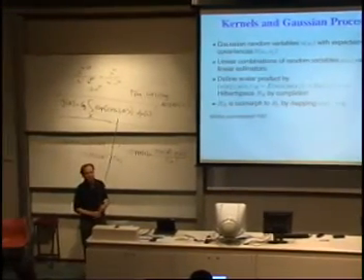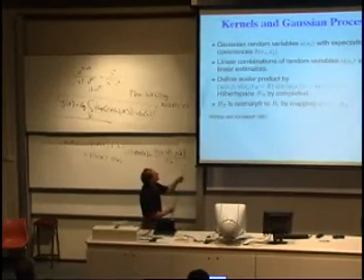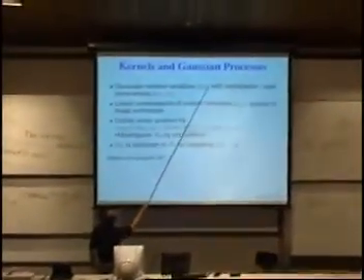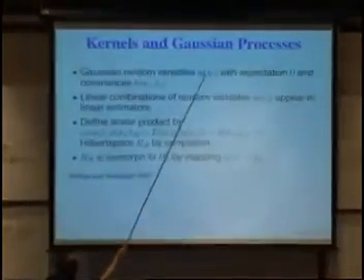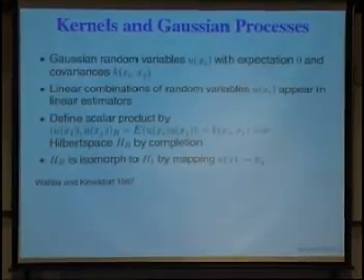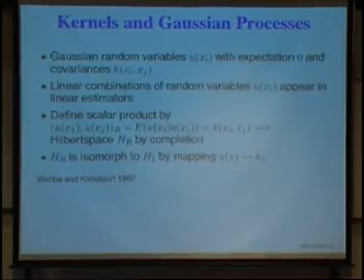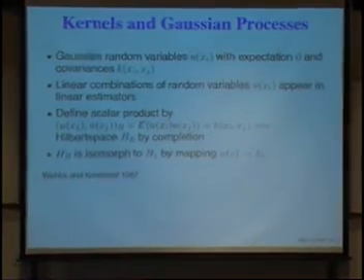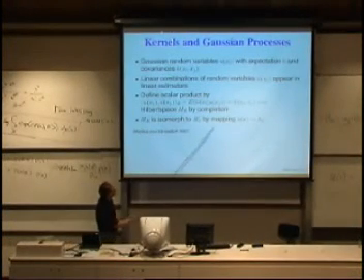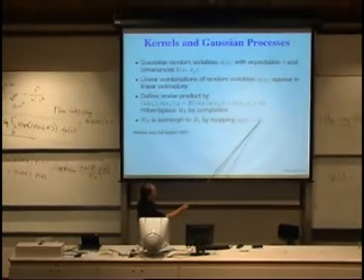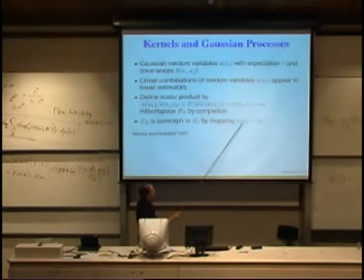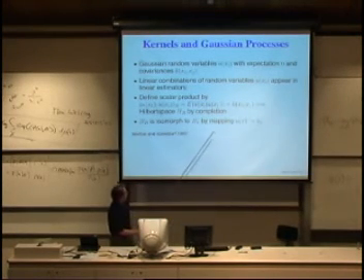So they look at these Gaussian random variables U of xi, and they look at linear combinations of these, because these linear combinations relate to, for example, estimators, which we'll use. And they map these random variables onto our kernels. So you can say, okay, we'll map our random variable U of x onto our kernel. And you see that